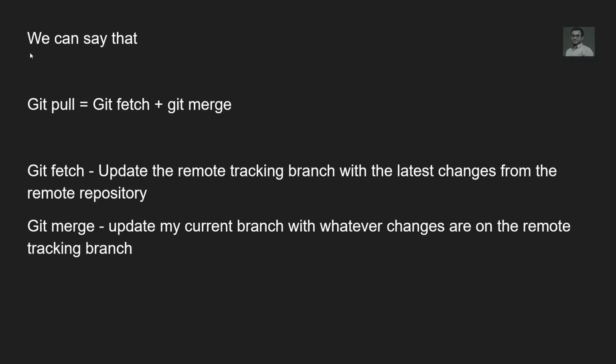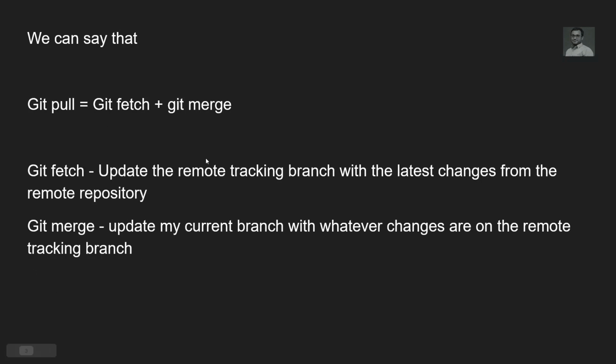Now, with the definition, git pull is nothing but git fetch plus git merge. The combination of these two commands is git pull. Git fetch updates the remote tracking branch with the latest changes from the remote repository. And git merge updates the current branch with the changes we got from the remote branch.